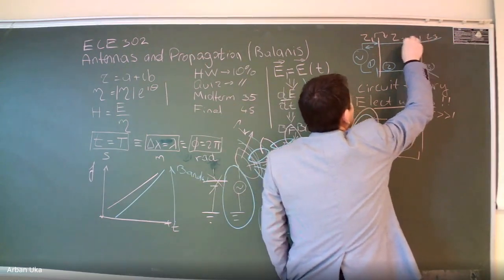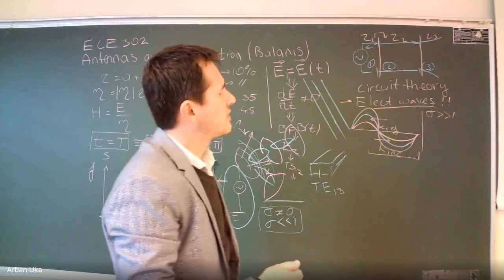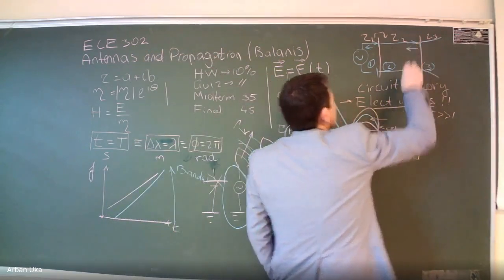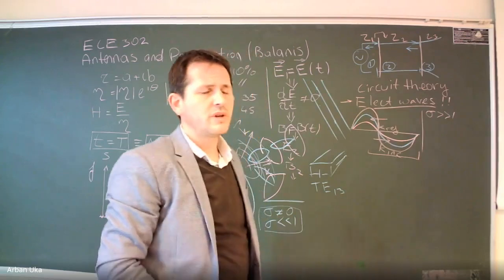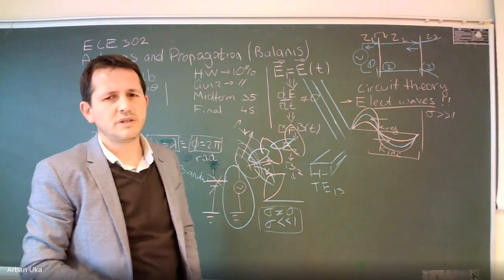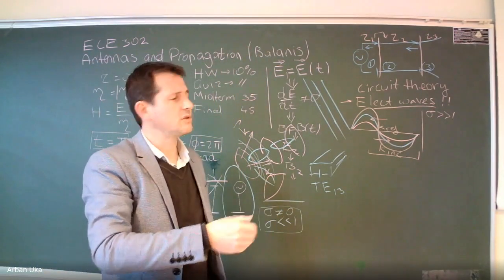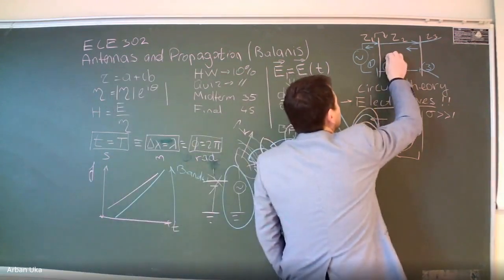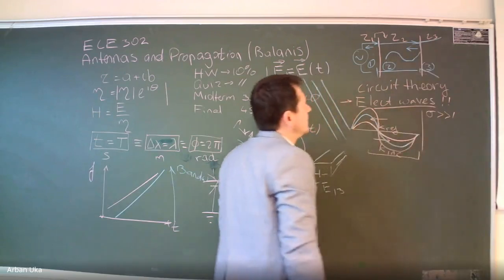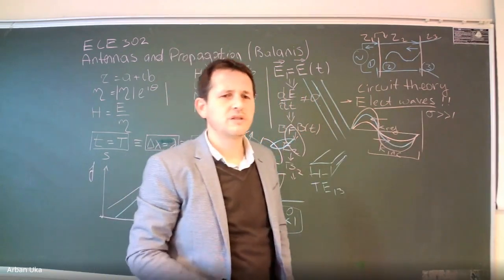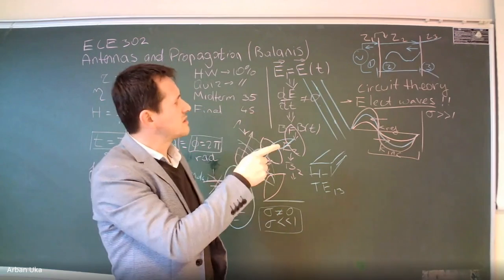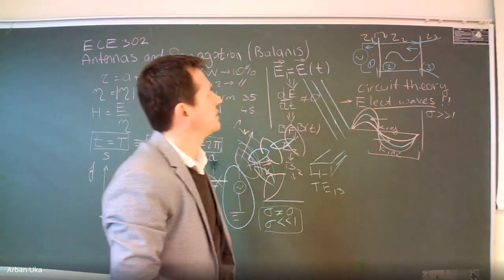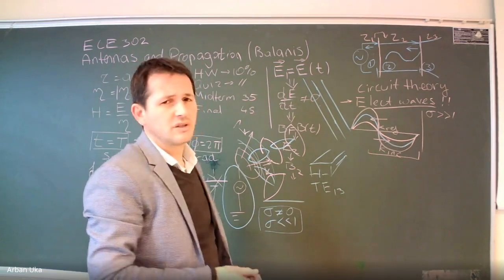Also, a signal comes through the transmission line, and some part of this will always reflect backwards. We cannot have perfect matching between the impedances of two different components. Since this is the case, we're going to have a standing wave right here in the transmission line,